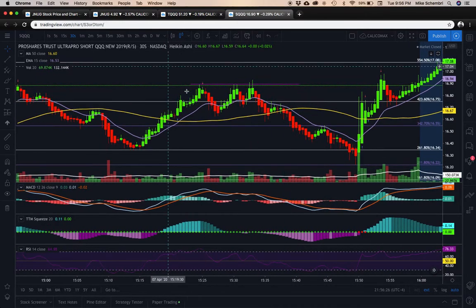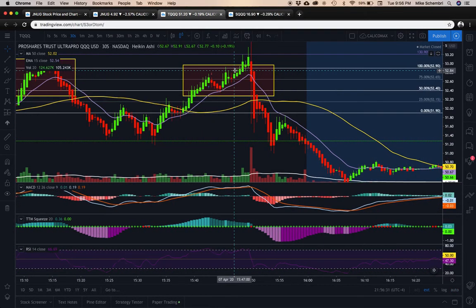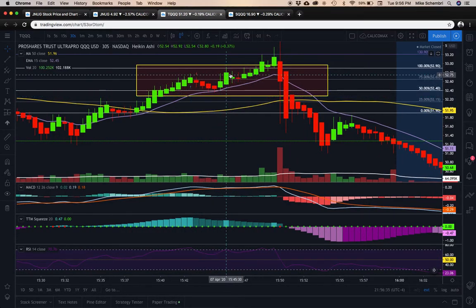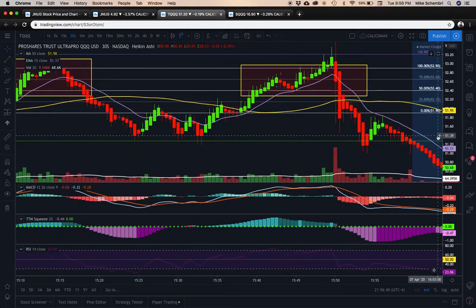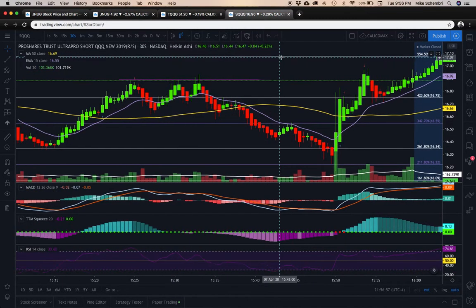If you look at the end of the day, we're going to flip back to the TQs. Over here, after this trade, this started to just crash. And at the end of the day, a lot of people aren't holding on to these, but you went up from $53, and in two candles, these are 30-second candles, this thing was down at $51 here immediately. So once I saw the volume rush in, I quickly flipped over to the SQs, and this